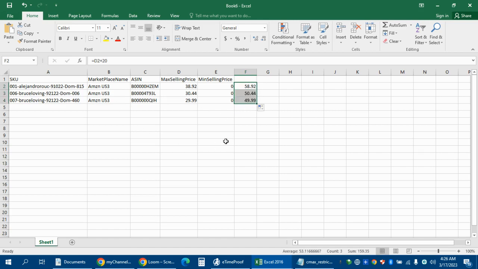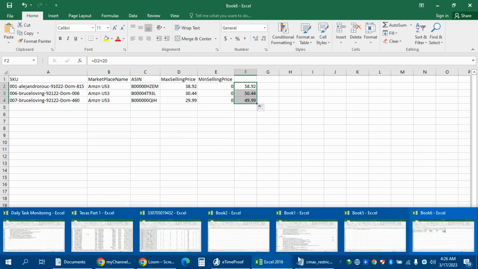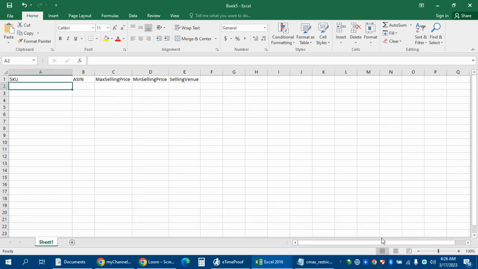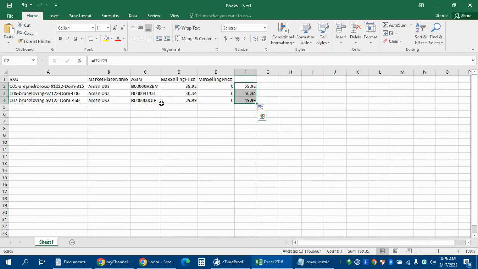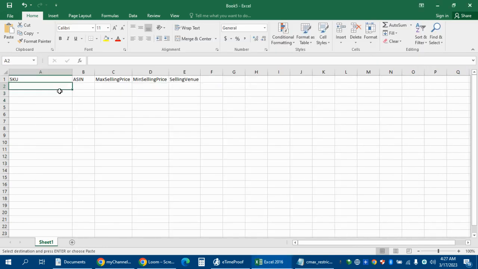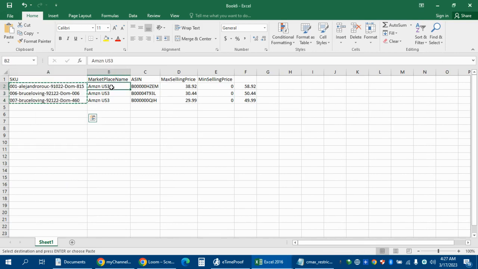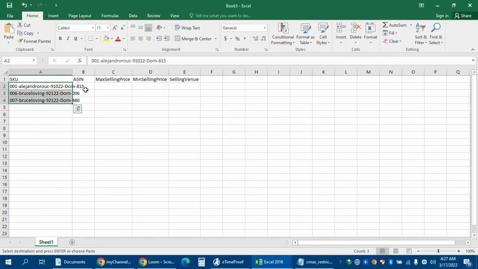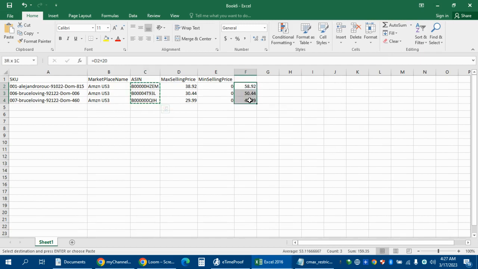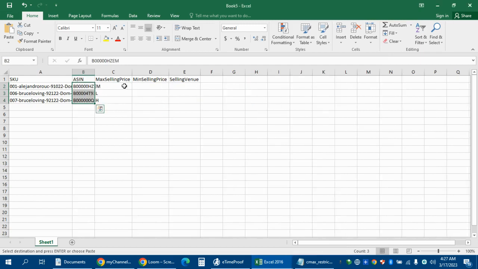And then you have to prepare or create a spreadsheet having the following header columns: SKU, ASIN, max selling price, min selling price, selling venue. Then we will copy the SKU, paste it here, the ASINs, the maximum selling price, of course, the one added with $20.